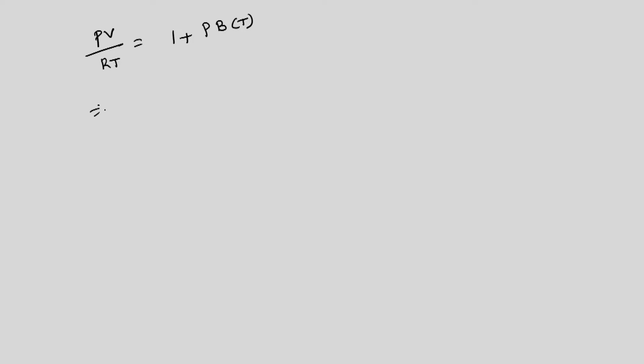Now, PV by RT equals 1 plus P times a function of T, Bt. So we get V as RT by P plus, taking RT by P out, RT by P times 1 plus P times Bt. So we can write del V by del T at constant pressure